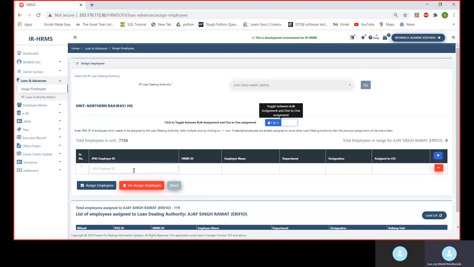Yeah. So here we will be entering our iPass ID. Then we will be assigning employees.